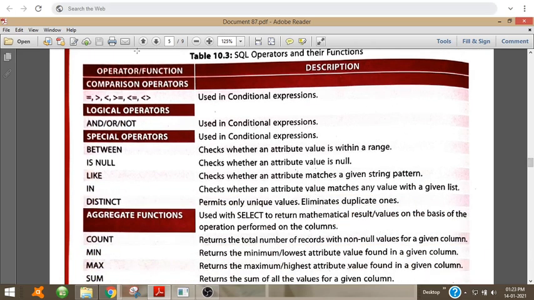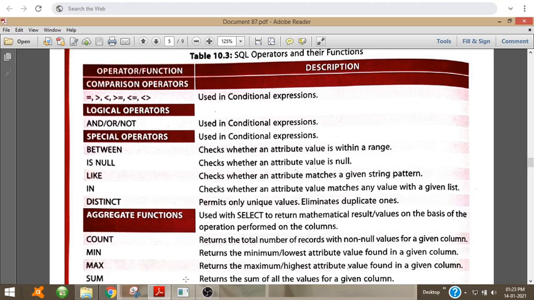So the operators and their different descriptions. Let us see. Equal to, greater than, less than, greater than equal to, less than equal to. Not this angle bracket opening and closing is called not equal to. Okay, this is not equal to. Angle bracket opening and closing, these 2 angle brackets represent not equal to. These are comparison operators.